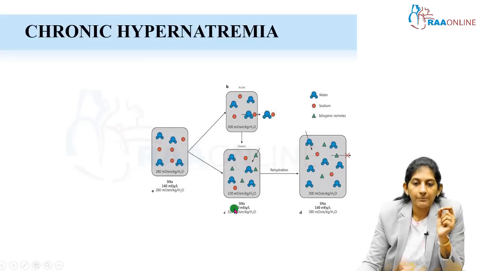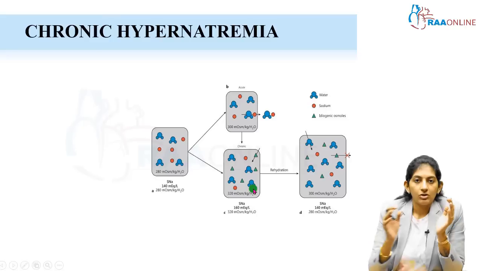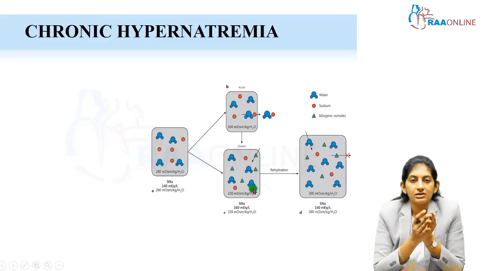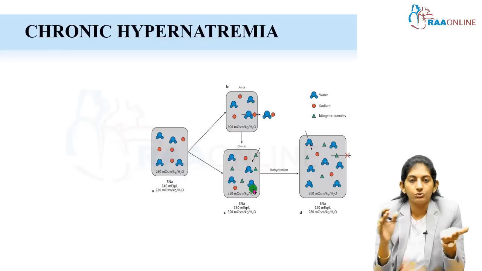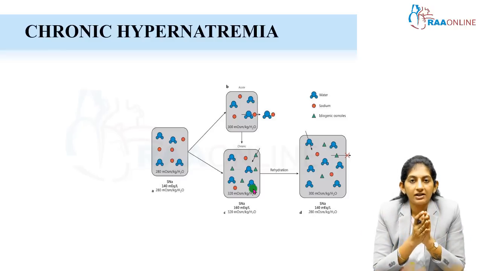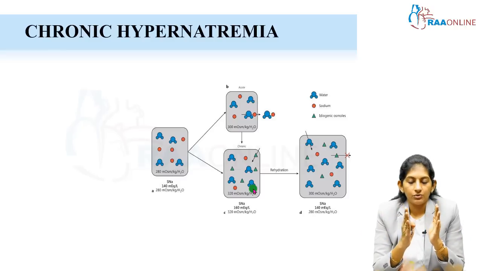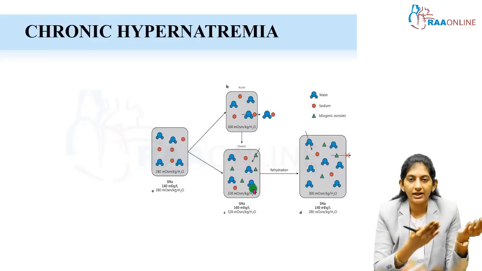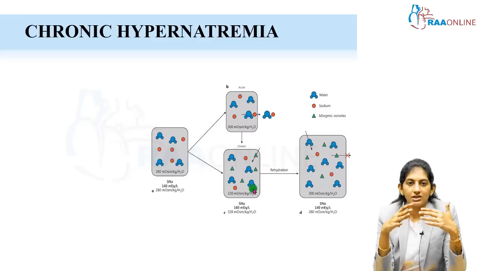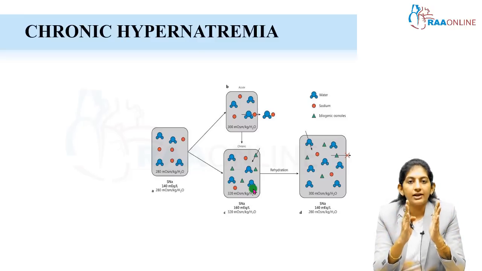What happens is, this is the normal state. Here it is a chronic hypernatremia state. Now our body has tried to compensate so far to the hypernatremic state. My body knows that outside there is so much sodium, this is my cell, and it will try to prevent the cell from shrinkage because I want my cell size to remain normal. How long can I cause cell shrinkage, isn't it? So, my body is trying to compensate.